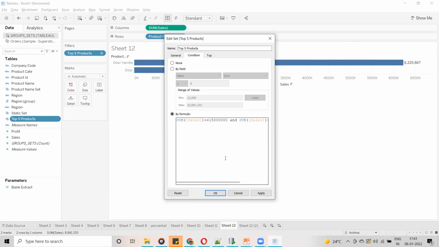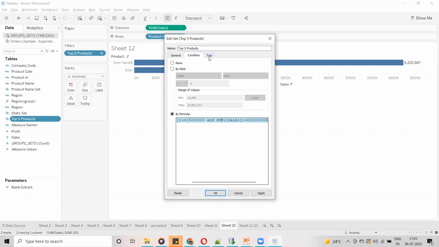Now, this is a valid calculation, so that's why it is not displaying the error. Here, first it is going to check for each product what the sale amount is, and it is going to display the products whose sales are in between these values.